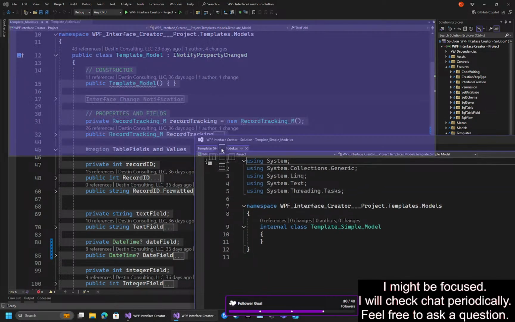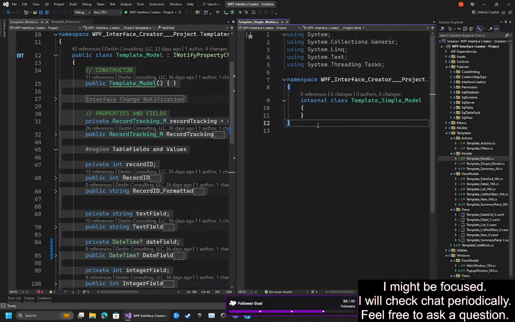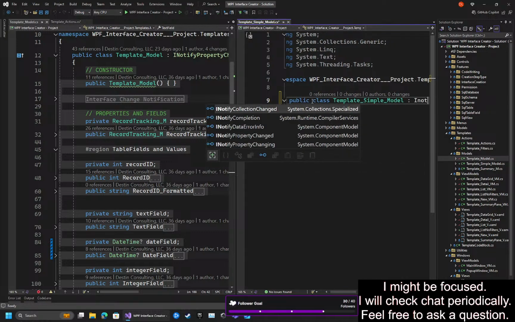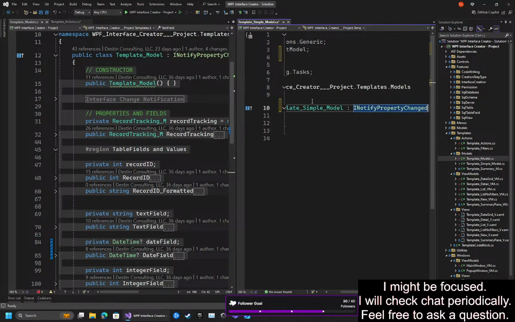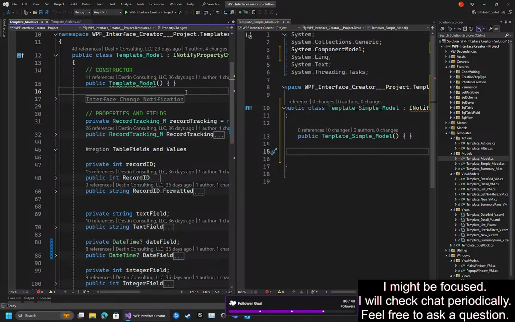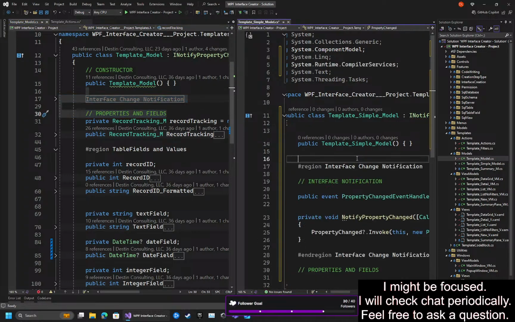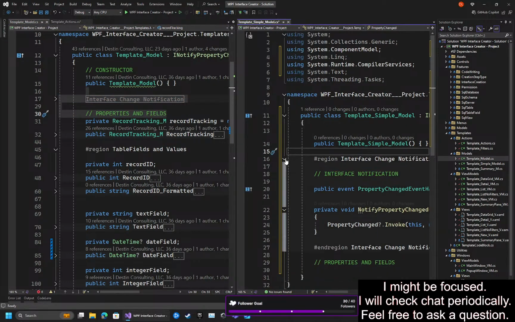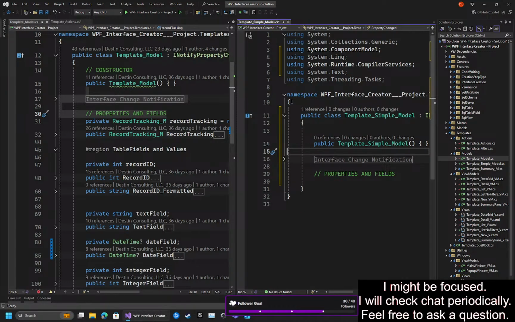This is where it becomes really, for lack of a better word, simple. I notify property changed. Yep, we do want the interface to know about changes. However, a simple model is not going to obtain things like those. All right, so let me